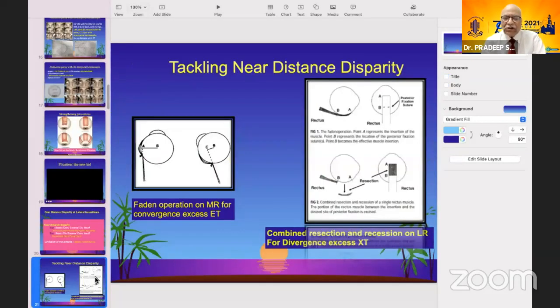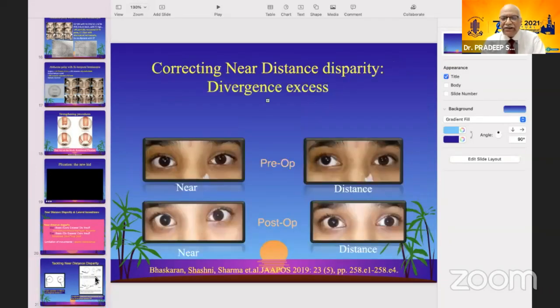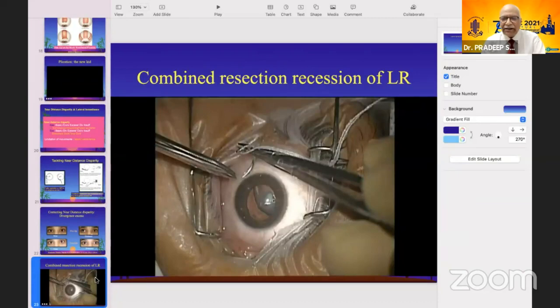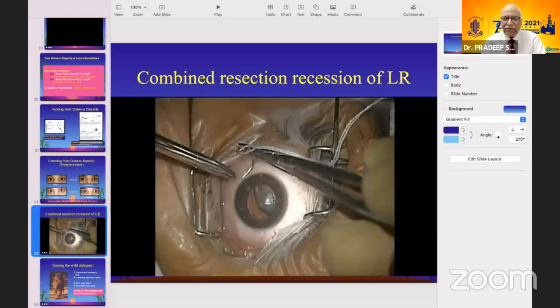For the near distance disparity, we have convergence excess tackled by the Faden operation or the posterior fixation on the MR. But for the lateral rectus, since the Faden doesn't work on the lateral rectus as well, we have used the combined resection recession technique on the same lateral rectus. And this is the